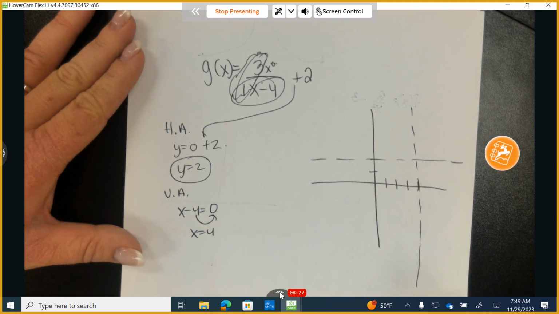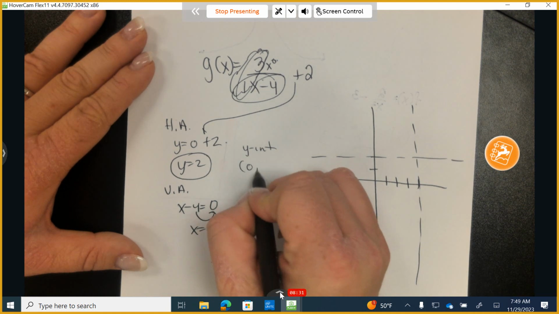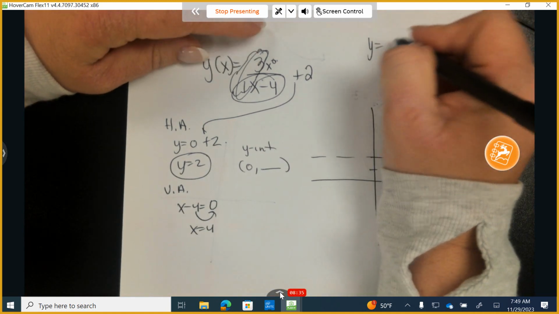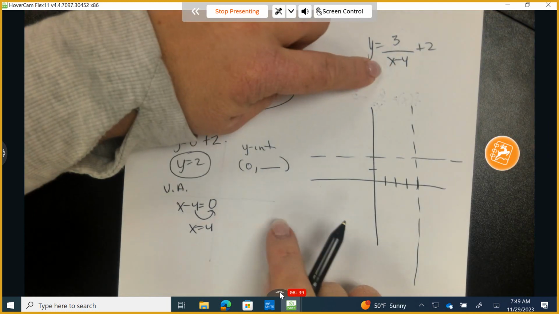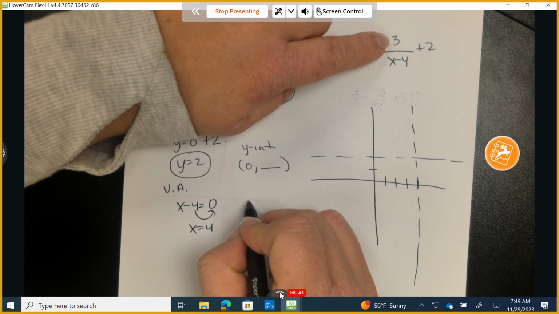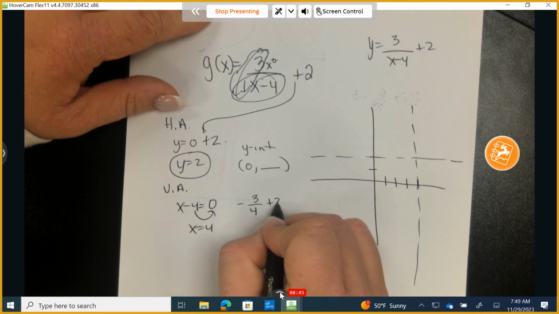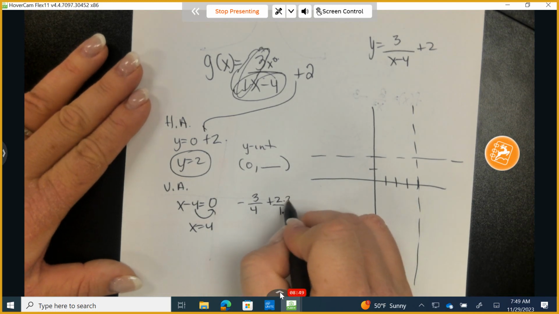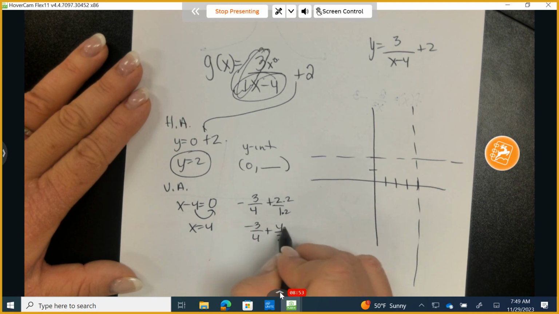So this is what I have. Now, let's figure out what the y-intercept is. So I'm going to substitute 0 in for x. Okay, what does this original equation look like before I made it so messy? It looked like this. When I substitute in 0, I get 3 over negative 4, so negative 3/4 plus 2. I need to find a good common denominator. Let's go times 2 and times 2. Negative 3 over 4 plus 4 over 2 would be negative 1